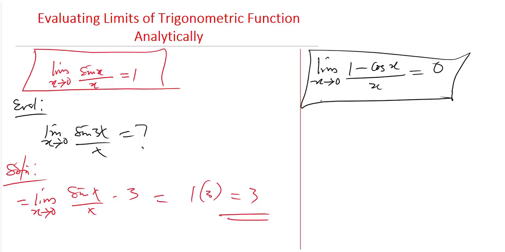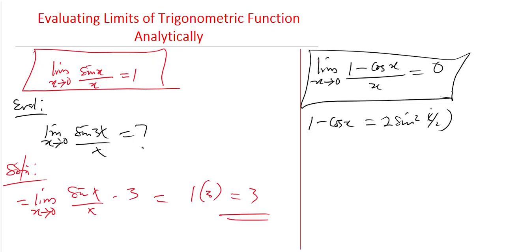And this can be derived. How is it 0? Let's confirm by applying the trig identity of 1 minus cos x equal to 2 sine square